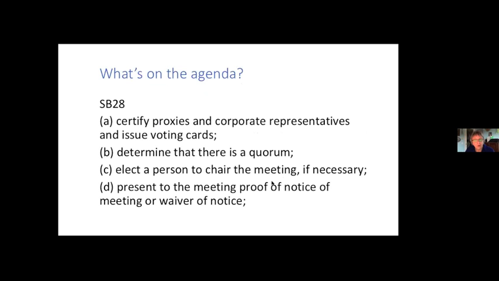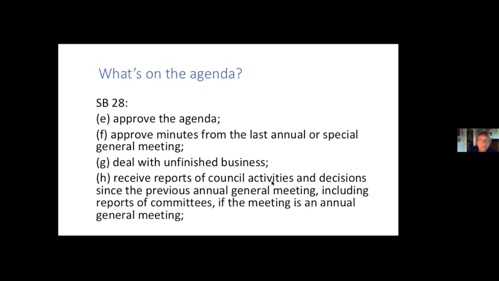So I'm going to just quote you what's in Standard Bylaw 28. Yours might be numbered differently, but I'd be very surprised if your wording is much different. So these are the things that need to be on your agenda. Certifying proxies and issuing voting cards, determining that there's a quorum, electing a person to chair the meeting if necessary, present proof of notice of the meeting, approving the agenda,